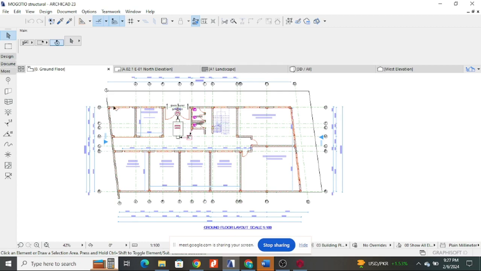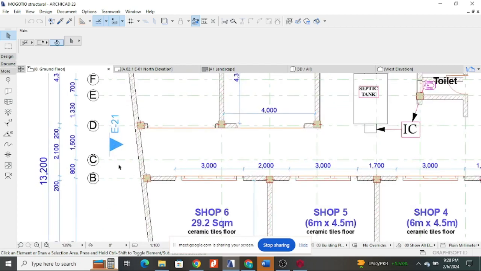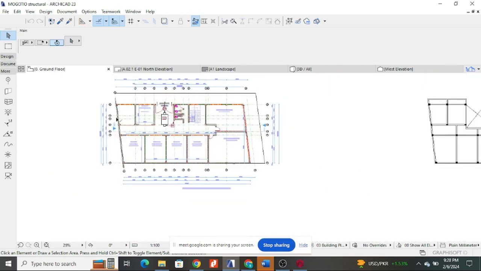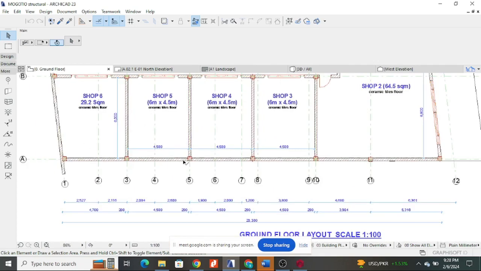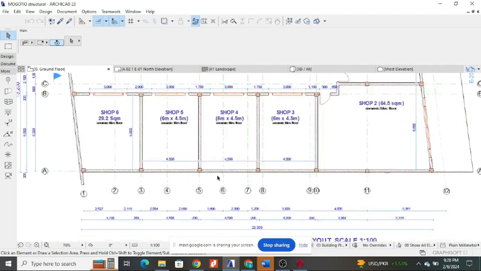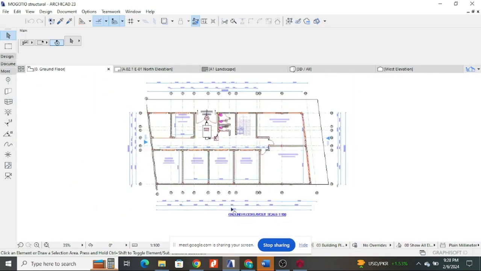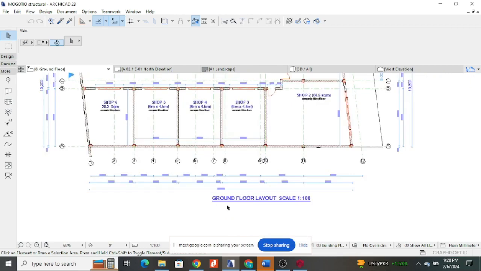But when you come to this elevation 21 from this drawing, when you come to this elevation and this elevation, you see the building is at the property boundary. Therefore, it means your pad footings will be eccentrically loaded. Now, this is the ground floor plan,